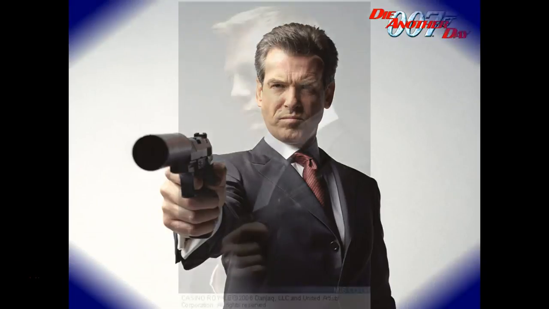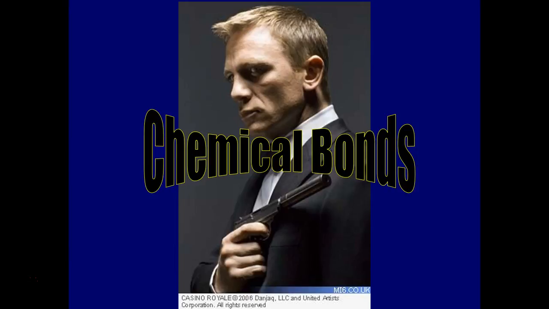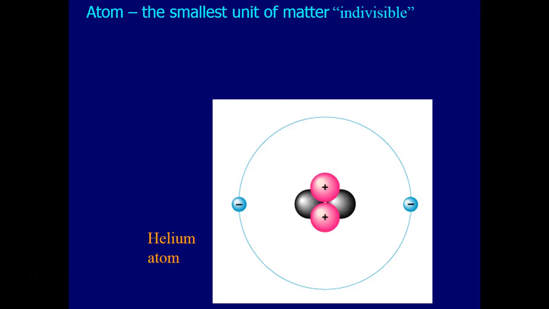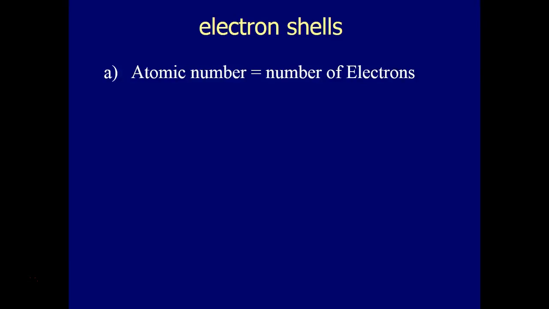So today we continue our discussion of chemical bonds. Remember that the atom is the smallest unit of matter, and it comes from the word that means indivisible. Each atom has a certain number of electron shells. The atomic number in a neutral atom is equal to the number of electrons, as it's also equal to the